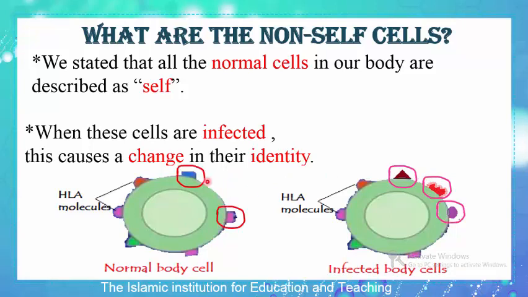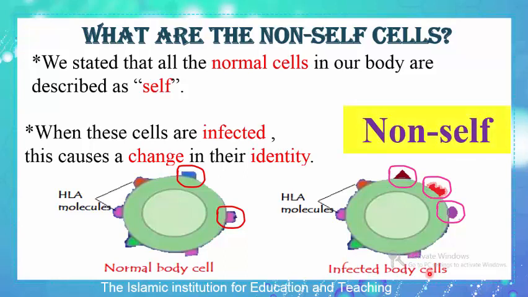If you observe, this HLA molecule becomes a triangular shape. This one becomes round shape. Moreover, we have new HLA molecules present that are not expressed in the normal body cell. Due to this change in the HLA molecules, once the cell becomes an infected cell, the body will recognize it